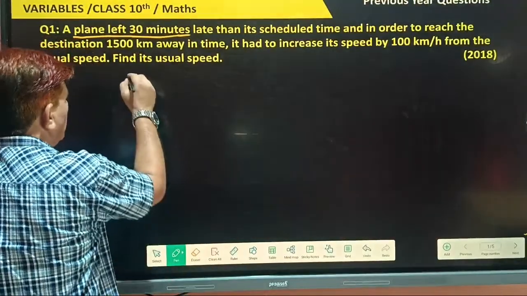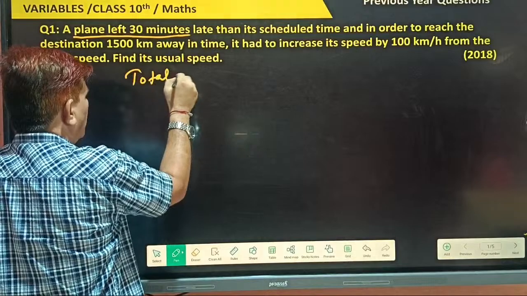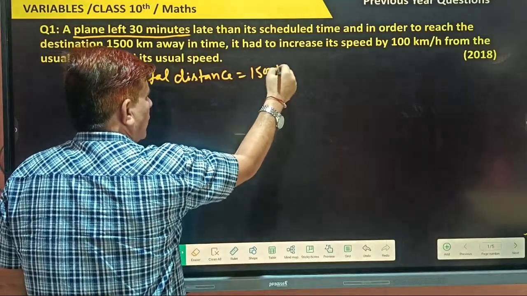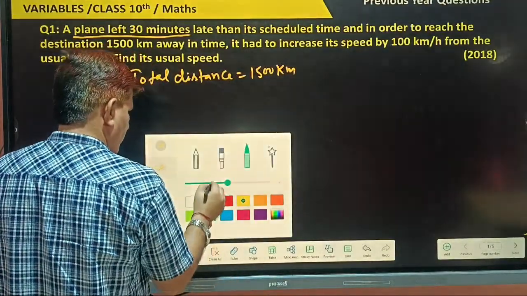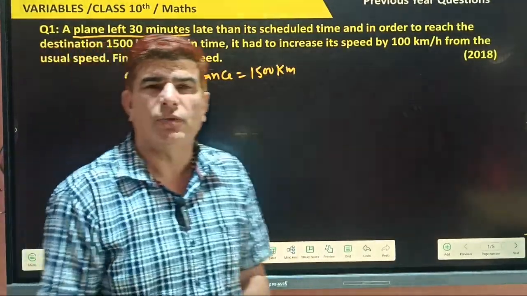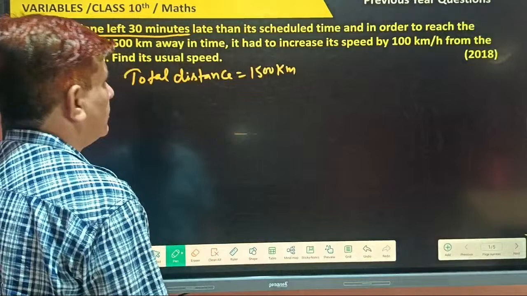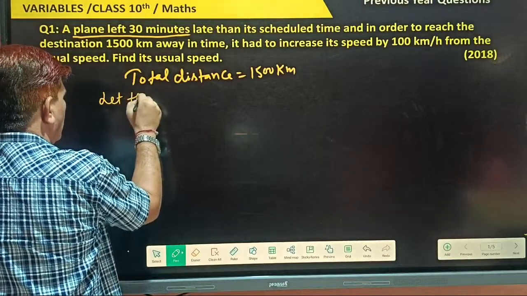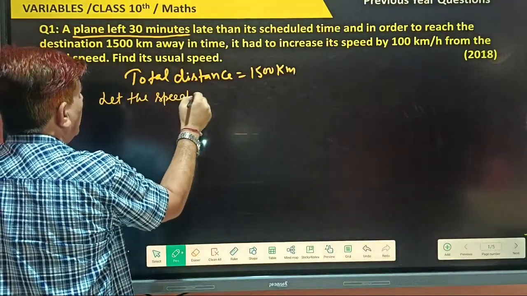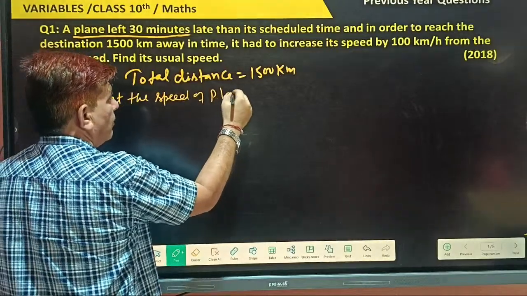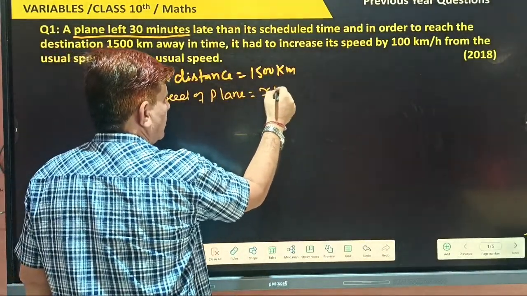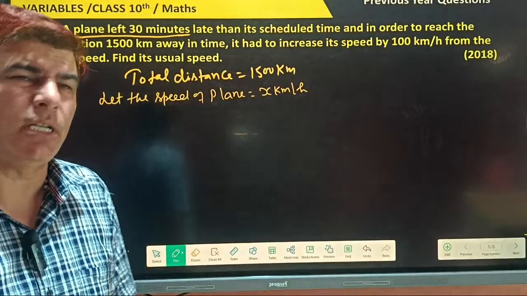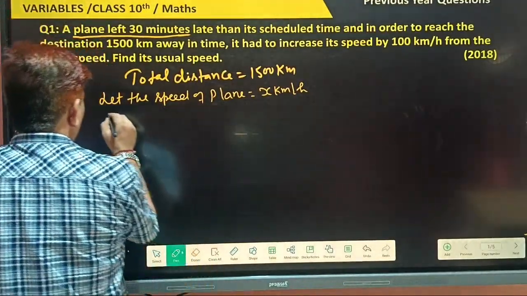This is given total distance, how much? Total distance, step by step, right? 1500 kilometer. Understood? Then what? Let the speed of the plane be x kilometer per hour. And then time taken